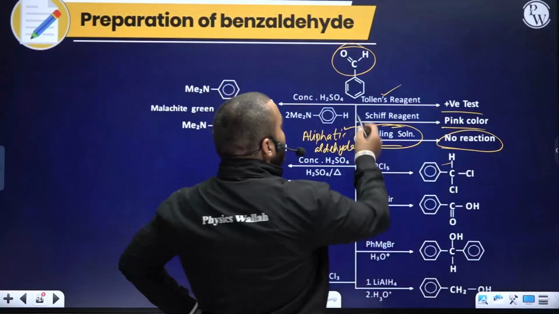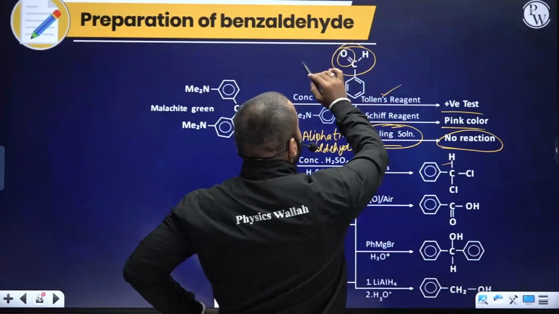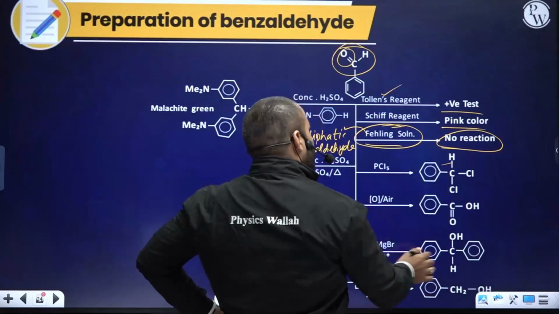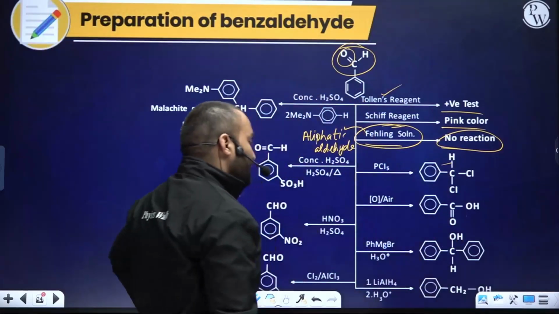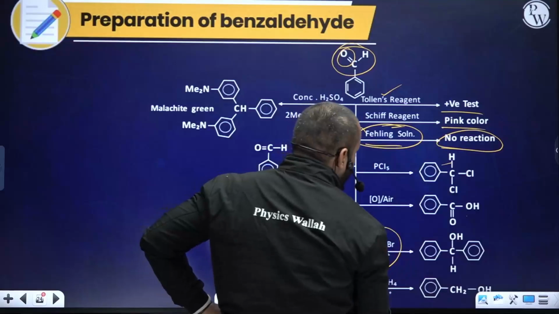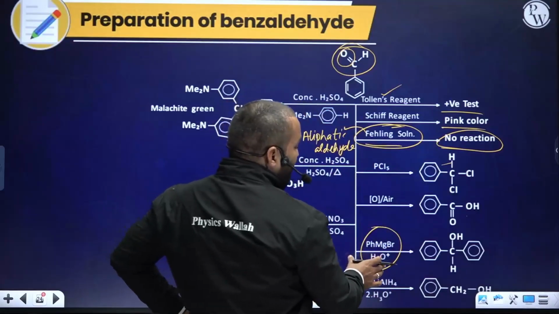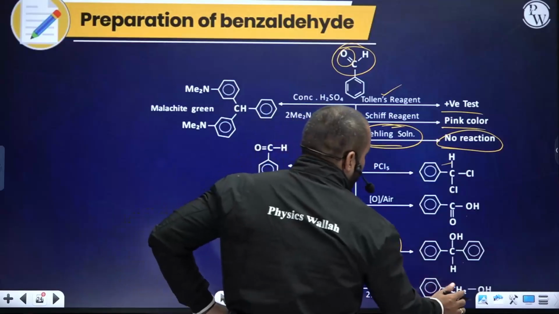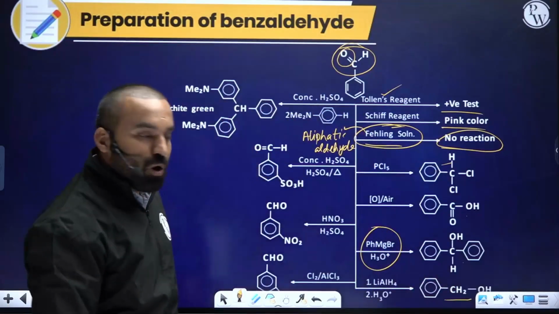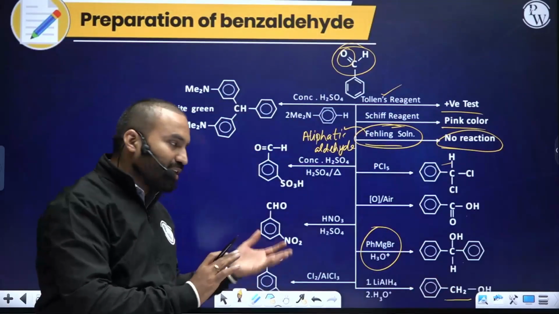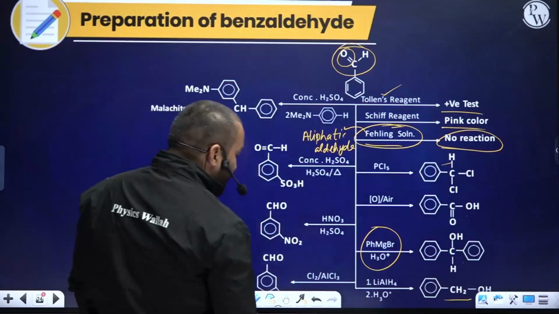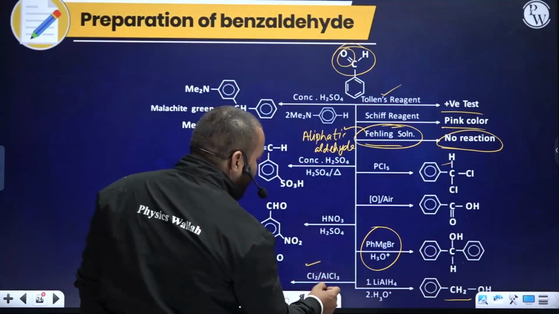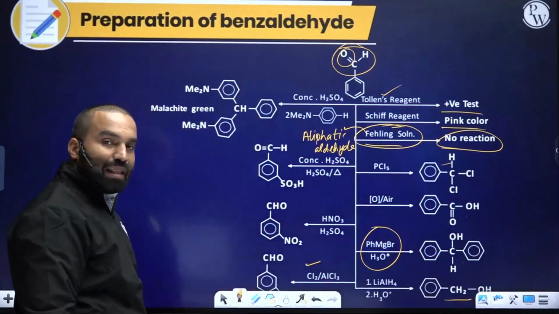PCl5 will replace both these valencies by chlorine. Oxygen treatment, aerial oxidation, will convert benzaldehyde into benzoic acid. This we have discussed already. Benzaldehyde upon treatment with Grignard reagent will generate an alcohol. This reduction also we have learned, this is the alcohol obtained. All these reactions are already discussed. If you want to treat it with chlorine in the presence of AlCl3, the chlorination will occur